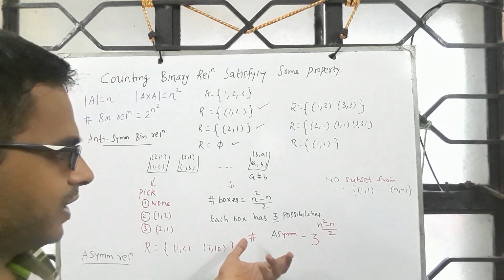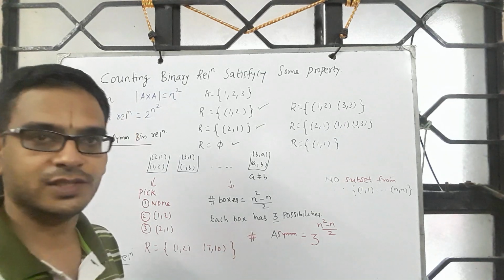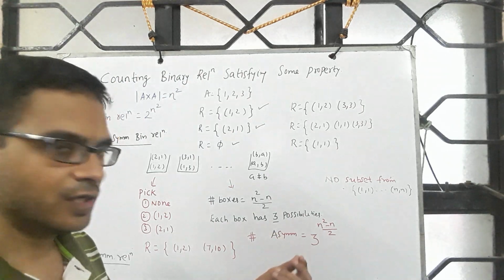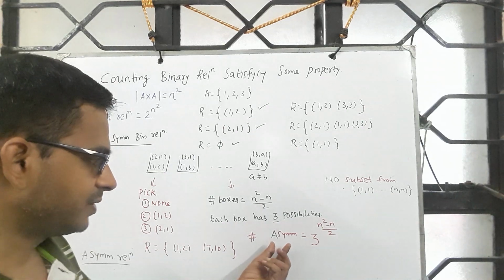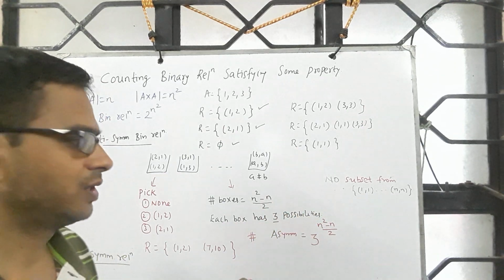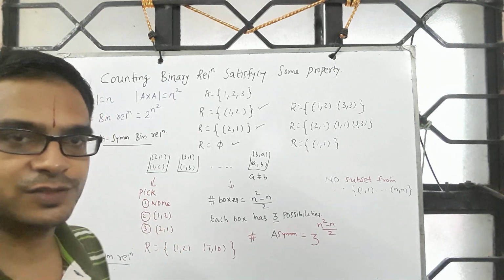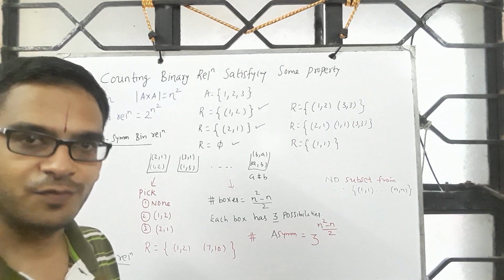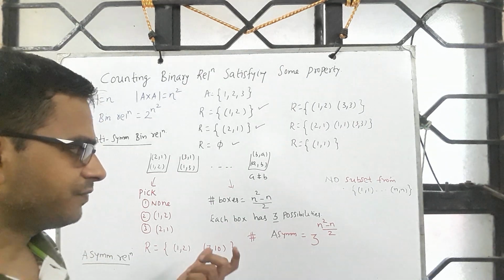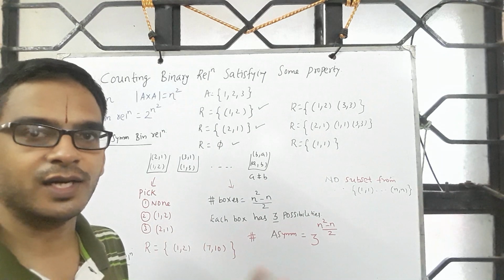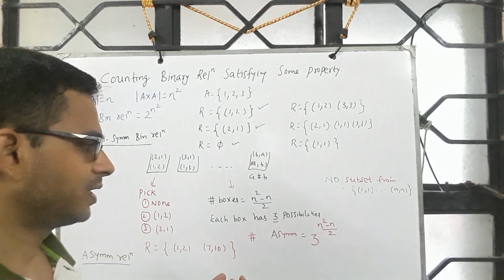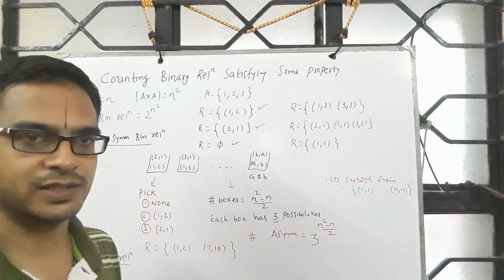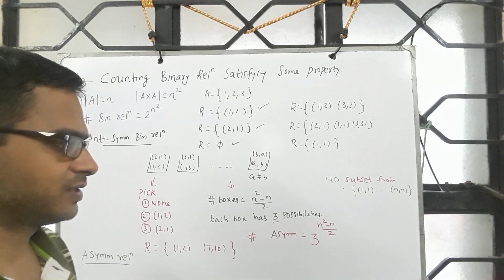So on the similar line, one can ask other questions. How many relations are there which are having, say, 2 properties? And along with asymmetricity, you can ask one more. And along with antisymmetric, you can ask for one more. For example, how many antisymmetric relations are there which are reflexive also. And some of the questions you may get empty set, and some of them may not give you meaningful result, meaning it is very trivial.